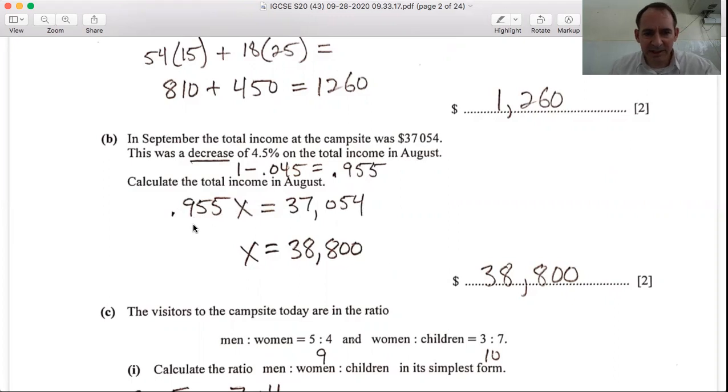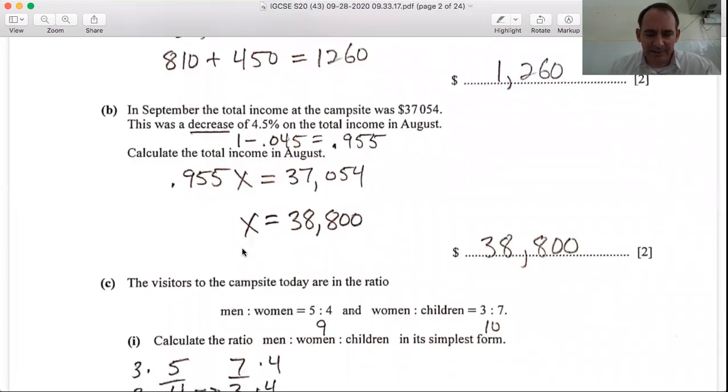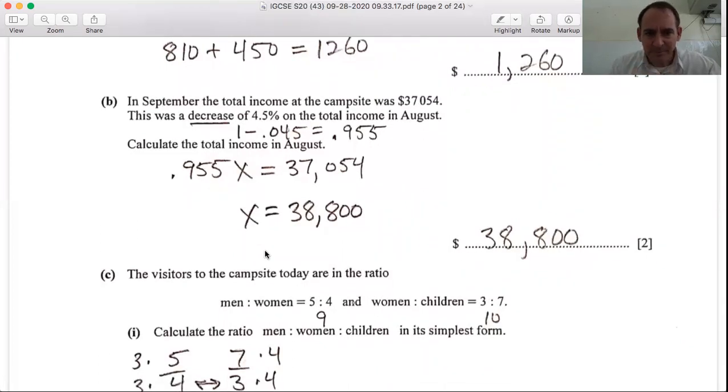So divide both sides by 0.955 and you get X. September equals 38,800. I think back up here I said August. So this was a decrease of September's month to get August's value. And so our total income in August was